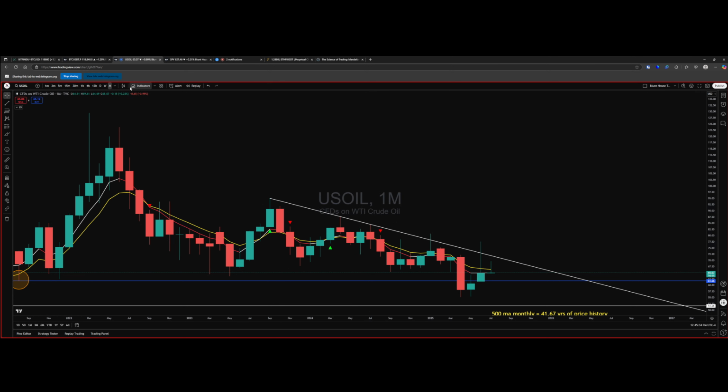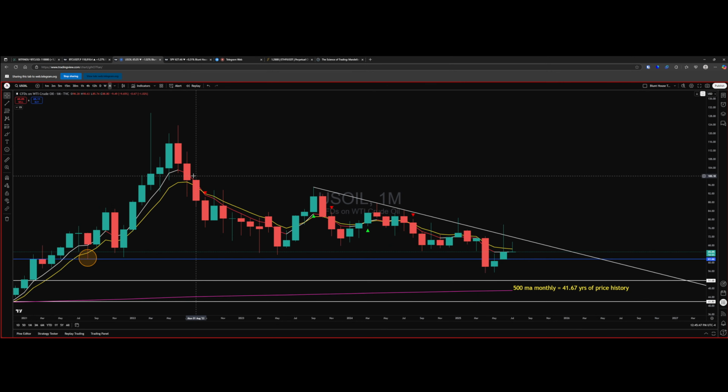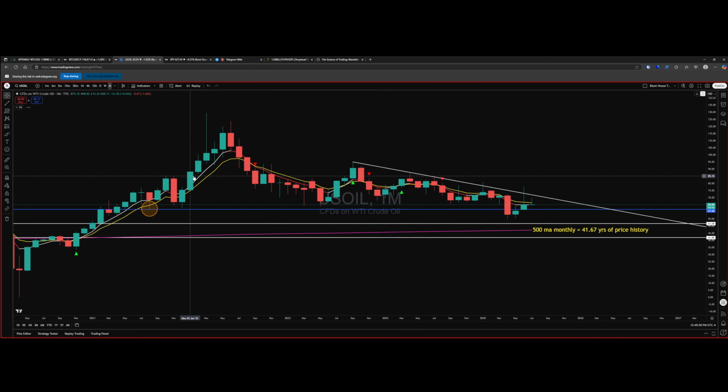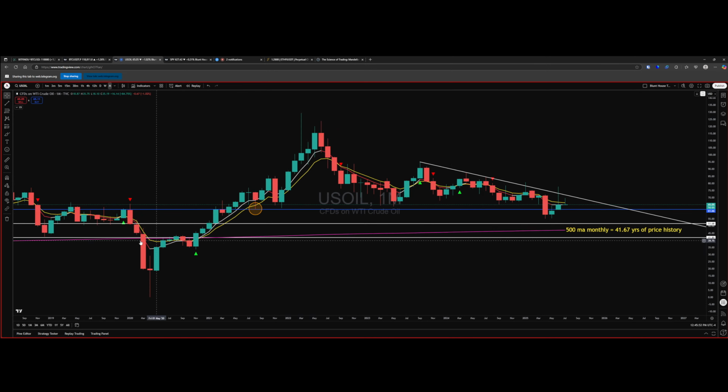If you're a trader, what's more important? An analyst forecast or what you see here? What you see on the chart matters, because that's the only thing that matters. Look how price treated 41 years before it decided to break it and retest it. Again, monthly chart. 1, 2, 3, 4, 5. You spent three-quarters of a year almost under it. And now we're going to likely come back and retest it again.